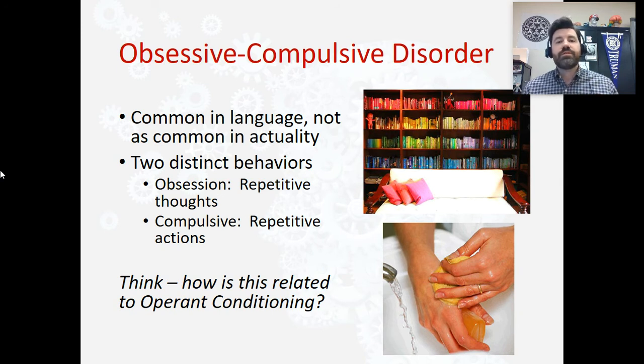There are these myths out here about OCD, that OCD is all about being a perfectionist and having all of your papers at right angles and you color code everything. That's not really it. The idea behind obsessive compulsive disorder is that it is distinguished by 2 main characteristics. The first one are the obsessions, and those are repetitive thoughts, things that you simply can't get out of your mind. And the second one is what we call compulsions, and those are the repetitive behaviors.